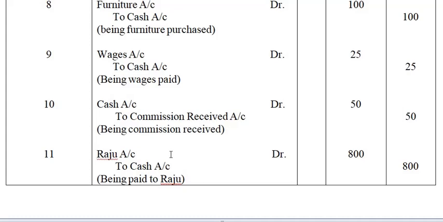Now paid to his creditor Raju, so you are paying to Raju. Okay, so Raju is a personal account and cash is a real account, so you are paying to Raju, so Raju is receiving the money. So when you give cash to someone else, he will receive happily, isn't it? So Raju is a personal account, so Raju will be debited. Why Raju will be debited? Because he is a receiver. He is receiving the cash from you, isn't it? So Raju, personal account, debit the receiver. Now cash. Cash is a real account. Cash is going out. So cash should be credited. Okay. So this is how you prepare journal entries.